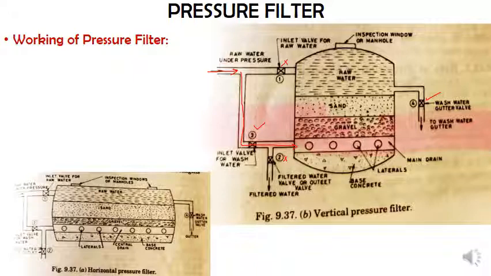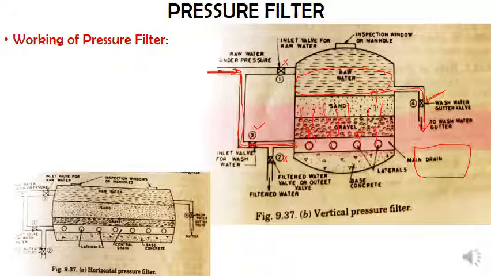Under pressure, through these laterals, the water will again rise up with all the suspended particles and accumulate at the top. Since valve number 4 is open, this wash water will pass through the fourth valve, and in turn it will be taken to a separate treatment unit, or usually to the drain. That's it. So in this process, instead of having a separate wash water tank as we had in the previous case, the raw water itself is used.